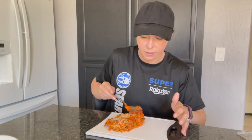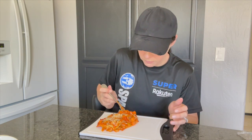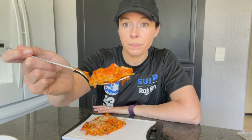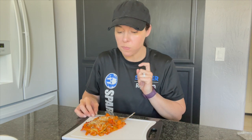I probably have almost half, so we're gonna do the thing. There's carrots in here. Looks really, really good. The cheese looks good too. Sometimes that's a thing where the vegan cheeses, specifically from Trader Joe's too, I've told you guys they haven't always been my favorite, but this looks really, really good. Look at that. Okay. Mm-hmm. Mmm. Okay, by far,